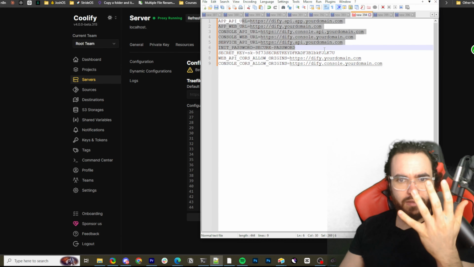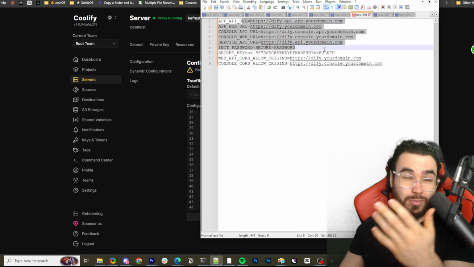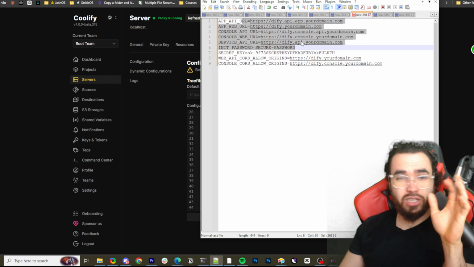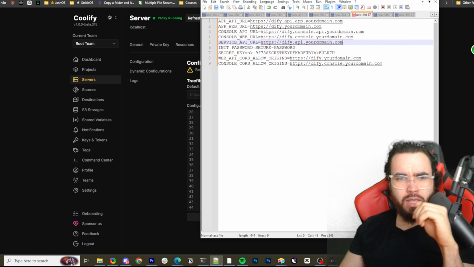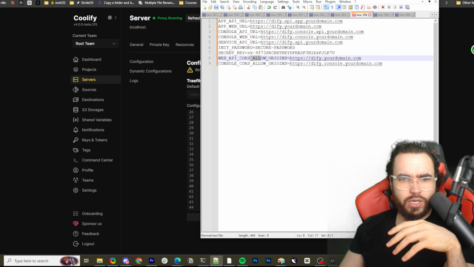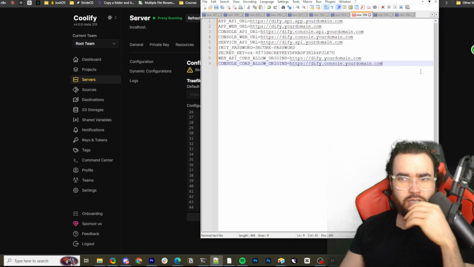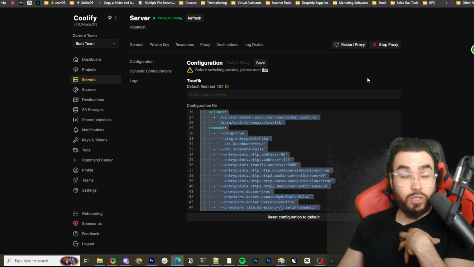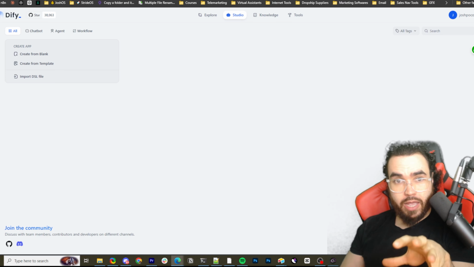So you need to have 5 subdomains pointing at your server IP address. Make sure you already did that in your Cloudflare, in your Namecheap, whatever. And then basically what we did in the configurations is we're allowing CORS for those websites and all that good stuff. Because an issue you may face, which I faced, is once I actually got Dify up, and I had